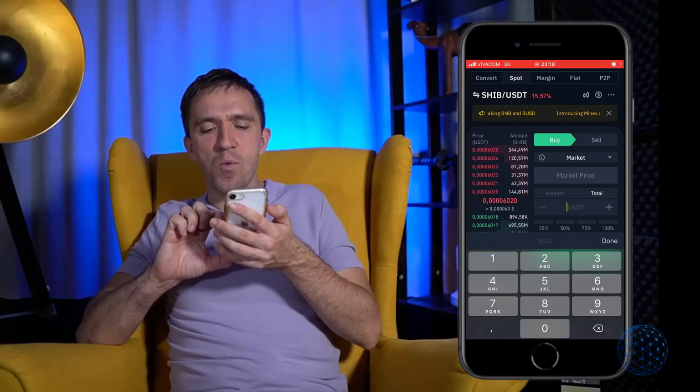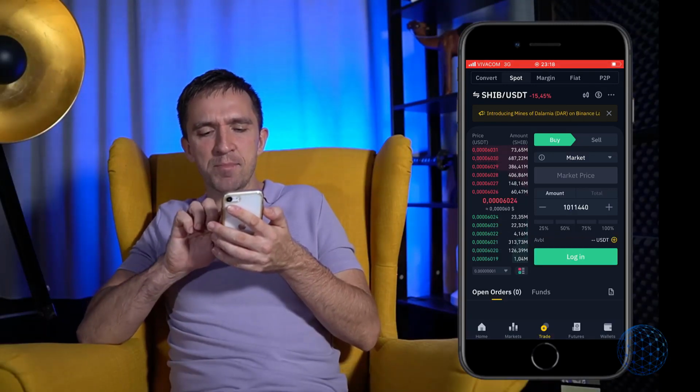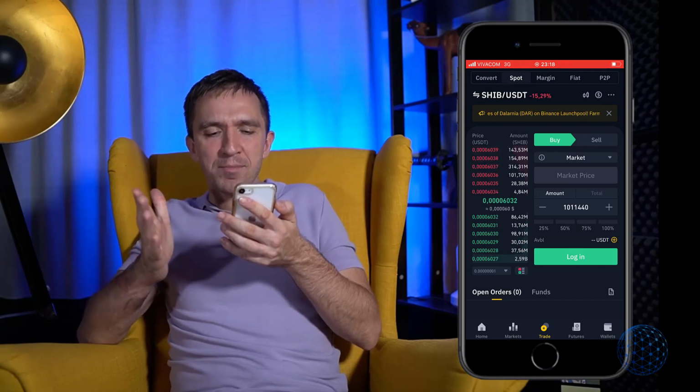How much Shiba Inu coin to become a millionaire? That's a huge question nowadays, and I will answer it straight away. If I open my Binance app, you will see that the current price sits at 0.00060. And if I want to buy, for example, for $61, let me guess the amount,